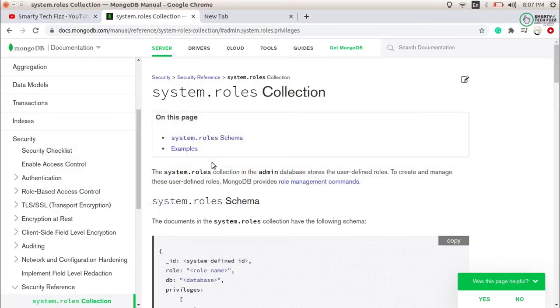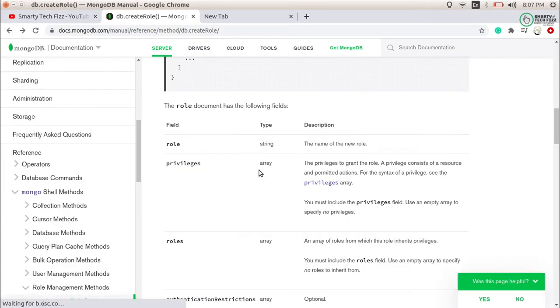So we have a topic here. Firstly we will create a user with a role that should be specified by us. That means we have a number of roles given in MongoDB itself, right? In the roles we have read, write, root, dbAdmin. We have a number of roles, but here we are going to create a role which will be defined by us only, and that role has the privileges which are given by us, not the already defined privileges for a given role. We will define the roles and privileges ourselves.